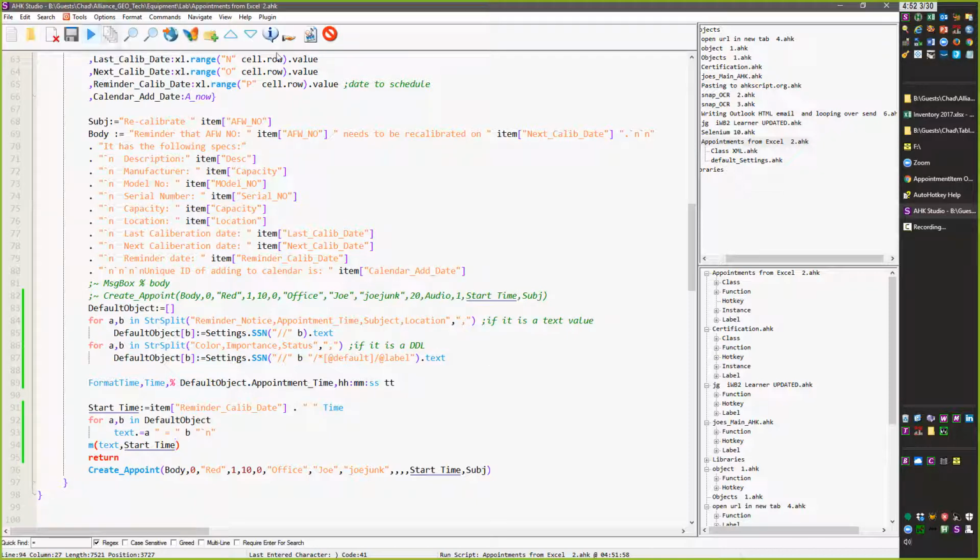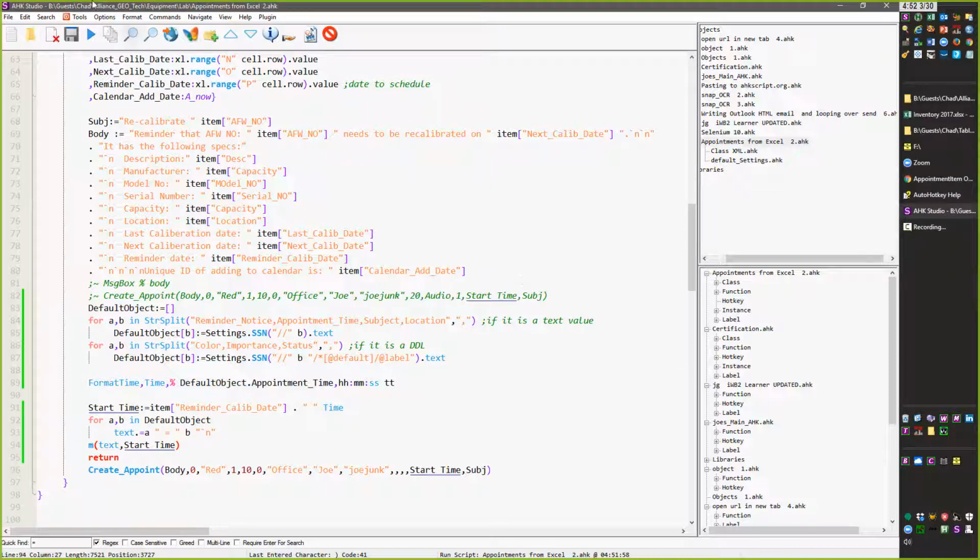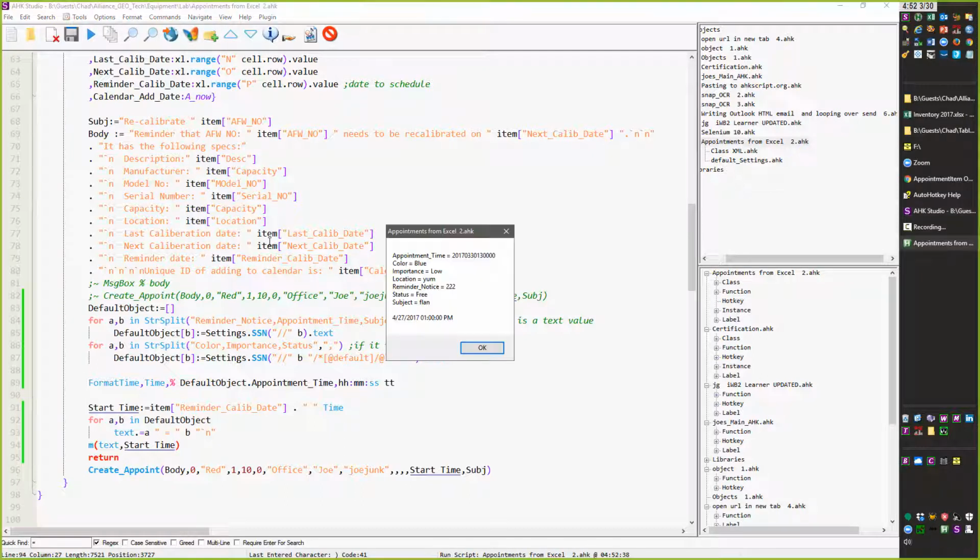So let's go ahead and change the time just to make sure that that's behaving. 2, 1, 0, 0 p.m. Yeah, you're right. Bang. Yep, 1 p.m. All right. So now what else needs to